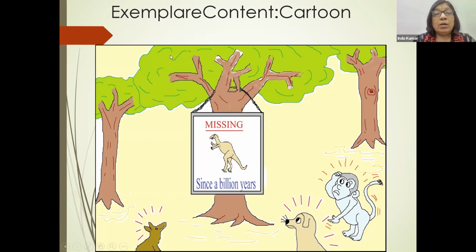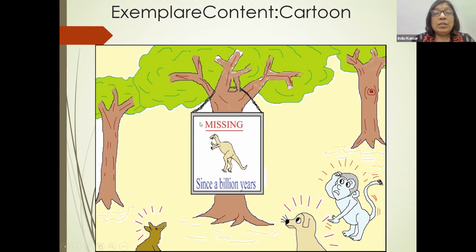To introduce this topic, which is very complex and scientific, we can use lighter digital content such as cartoons. We can show that just to warm up the class, to initiate the understanding of a complex concept like evolution of species.